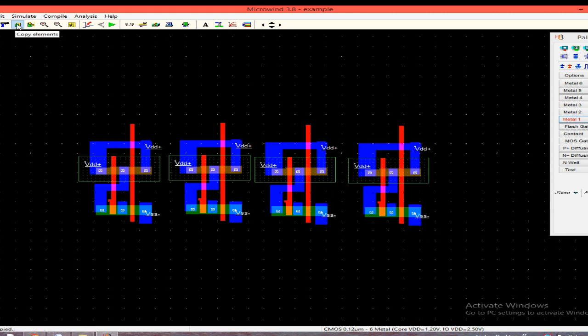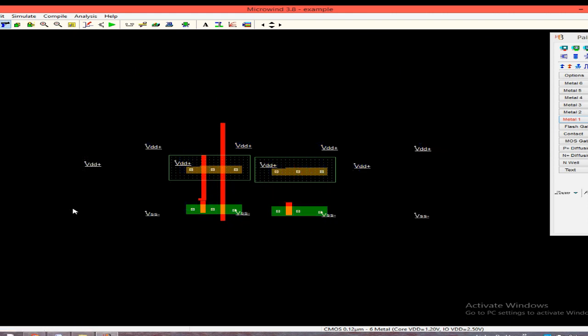So again I have to take it because I have a lot of structures in there,